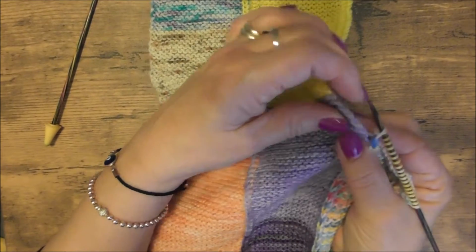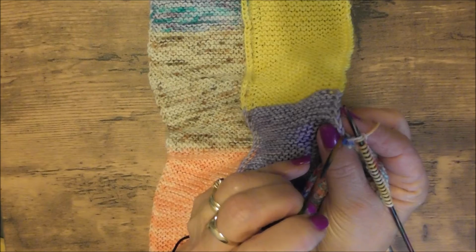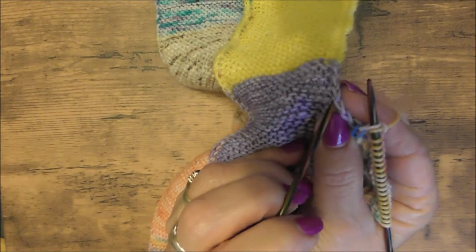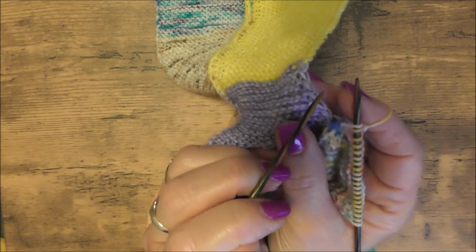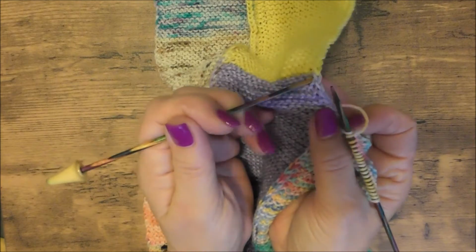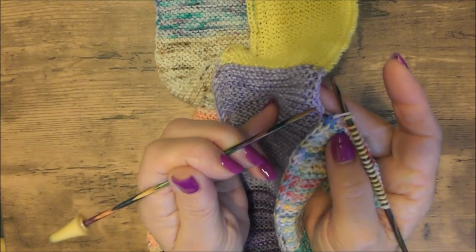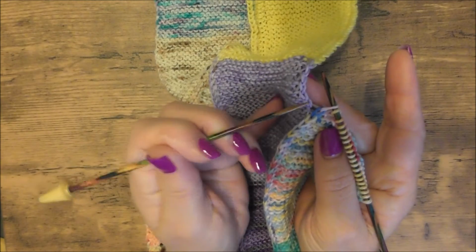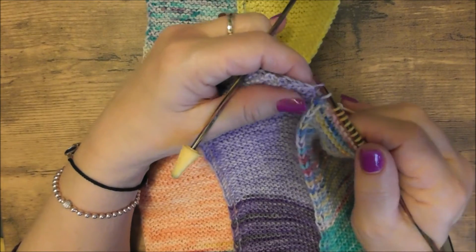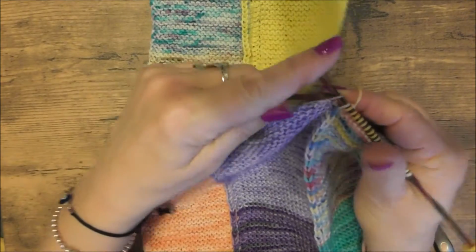Now if you see here on this piece, you can see a V here. Can you see the V? If I lift it up, can you see the V's? And that's the slip stitch on one side and the garter stitch, the purl stitch, on the other side. And what you do is, there's the V, I pick up this stitch, just the first one, not both, the first stitch, and then I join them two together,